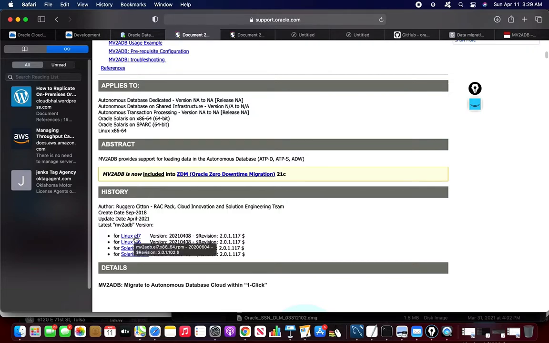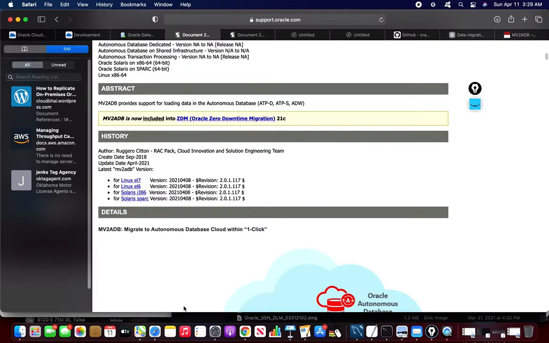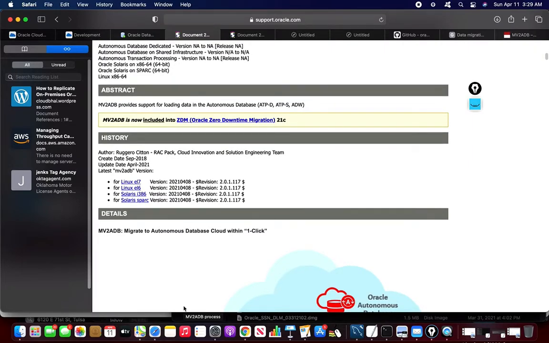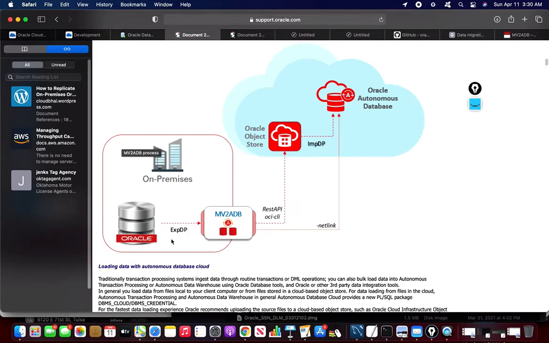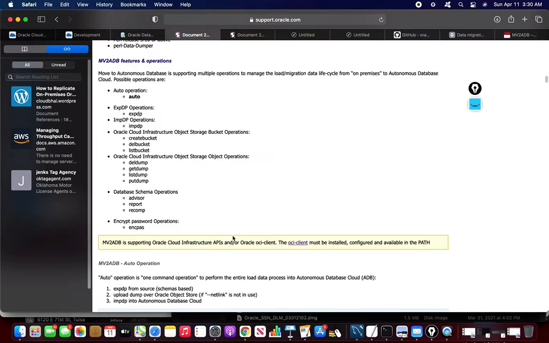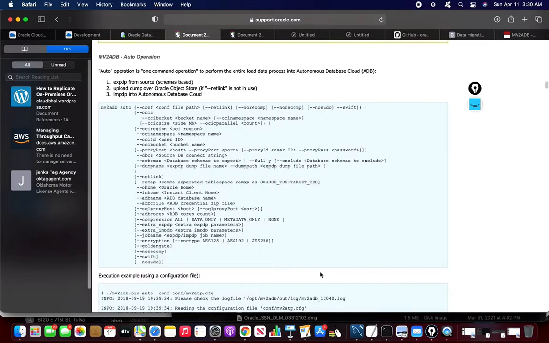It's running on Linux and Solaris. Sometimes, if your actual source data is on Windows systems, you can create a separate Linux box, install MV2ADB there, and just create a link in between. For me, both are the same box, but otherwise you can definitely install MV2ADB on a separate box; there is no problem. Now, talking about the configurations, which are the big part,